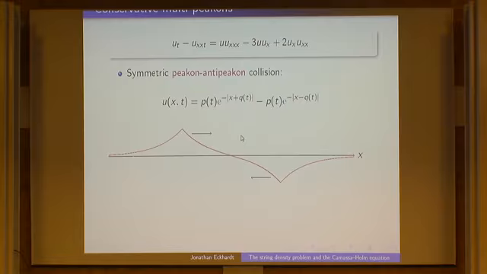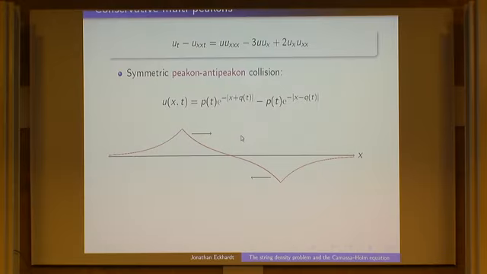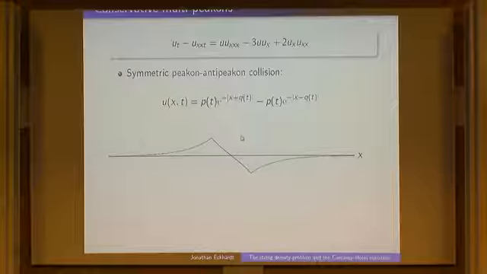Sorry, did you tell us what the linear flow is? I mean, the spectrum remains the same, you said. Yeah, and this constant here. So, as I told you, you can always continue solutions in a weak sense after blow up, and the best example is probably this multi-peakon solution where you just have a positive and a negative peak here. So we'll consider the symmetric case. What happens here is the peaks will approach, and in the limit, the slope will become infinite, and at the time of blow up, they will just disappear.